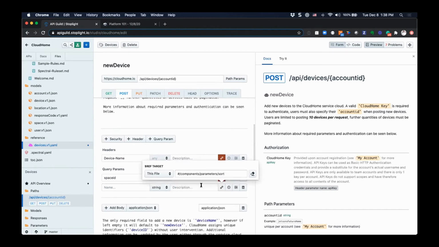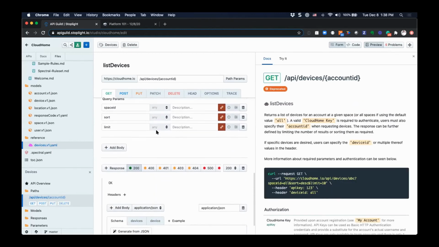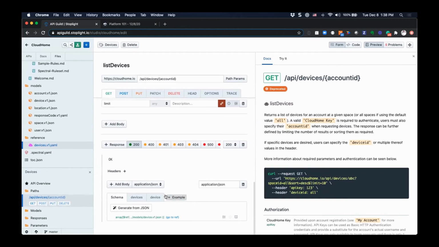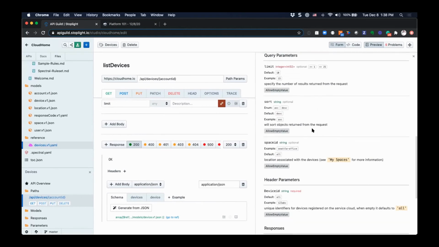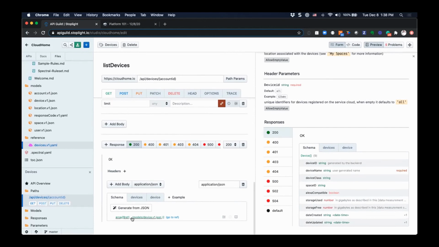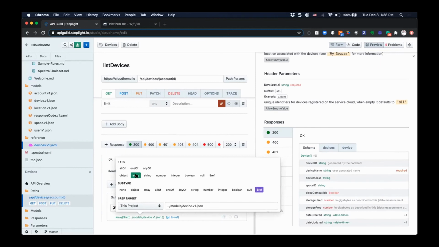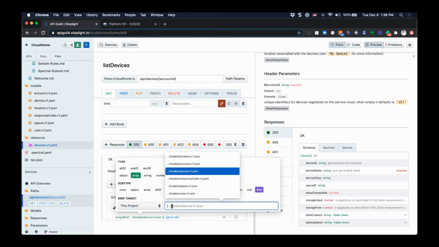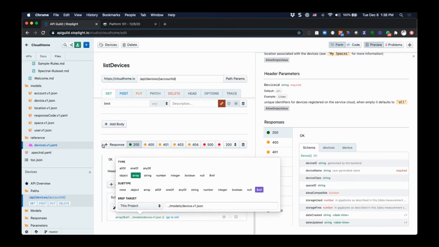Here I'm reusing a query parameter. And let's work with some data so you get an idea of what editing a model would look like. You'll see that for this 200 response, let me bring in the preview, I'm using a models devices.v1.json file right here. It's an array of references to this file. So this is actually a file. I could reuse something that's available in the Open API spec if I wanted to, or use this project as a scope, which will give me a dropdown and let me use standalone JSON schemas that are available in the